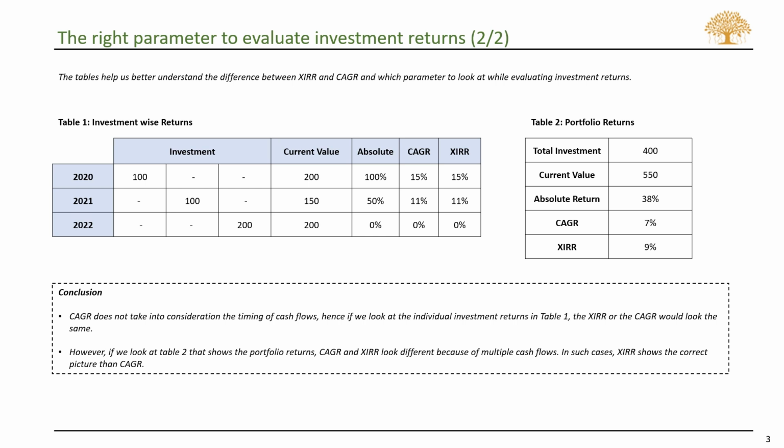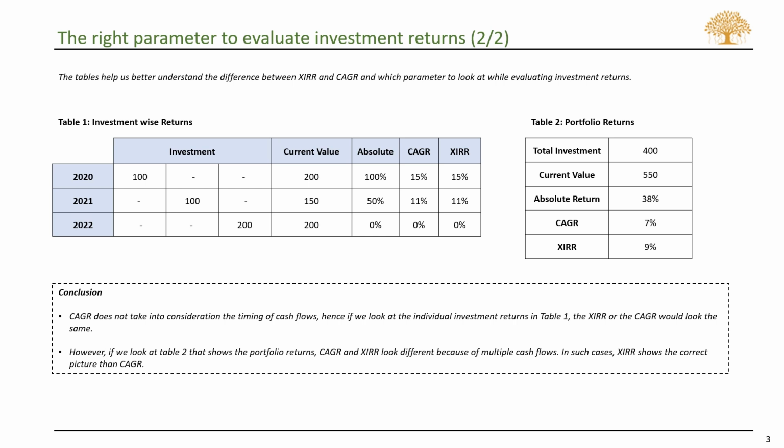Only 100 rupees was invested, and then another 100 in 2021, and another 200 in 2022. This is where XIRR comes into the picture. XIRR considers the impact of cash flows. It does not assume that the entire 400 rupees was invested at the beginning of the period. As a result, in this example, XIRR is a little higher than CAGR because it is considering the impact